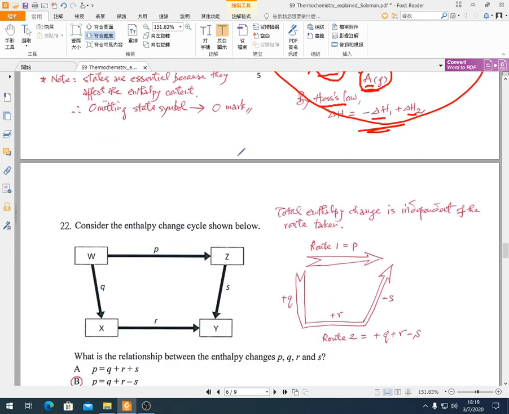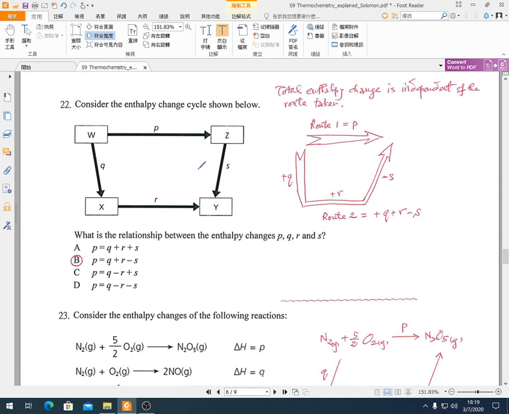Okay, to be quick, we look at number 22. It's simple. Consider the enthalpy change cycle. So we have W becoming Z, and the heat changes will be P, Q, R, S respectively. What is the relationship between them? First of all, we apply Hess's law. So we look at this one, route 1 from W to Z. So it is P. Okay, so P